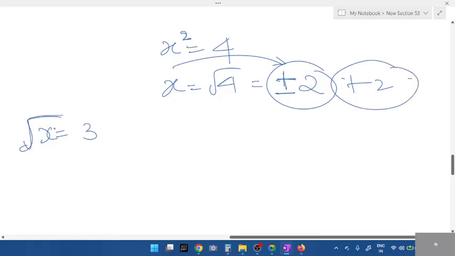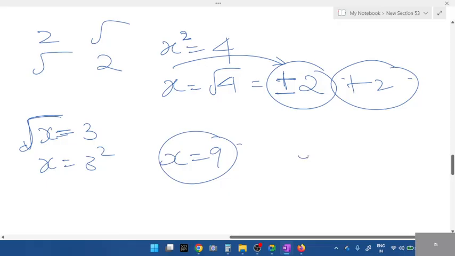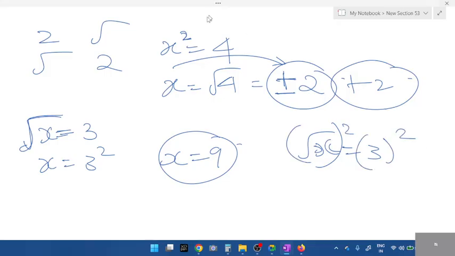What happens to a root if it goes to the other side? Yes, remember this. Square becomes root, root becomes square. Remove this and square it. What's the answer? x is equal to 9. Some teachers would teach like this. They'll tell you to square on both sides. The concept is the same. Most of them will teach in this way. But the actual concept is,